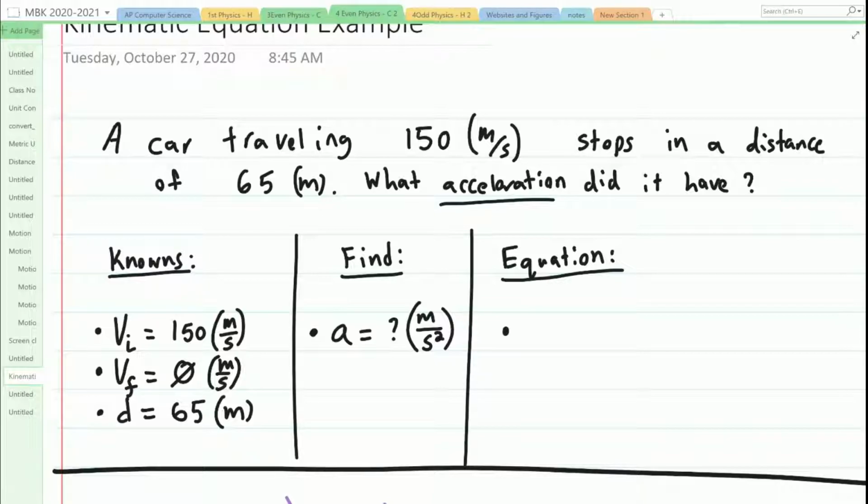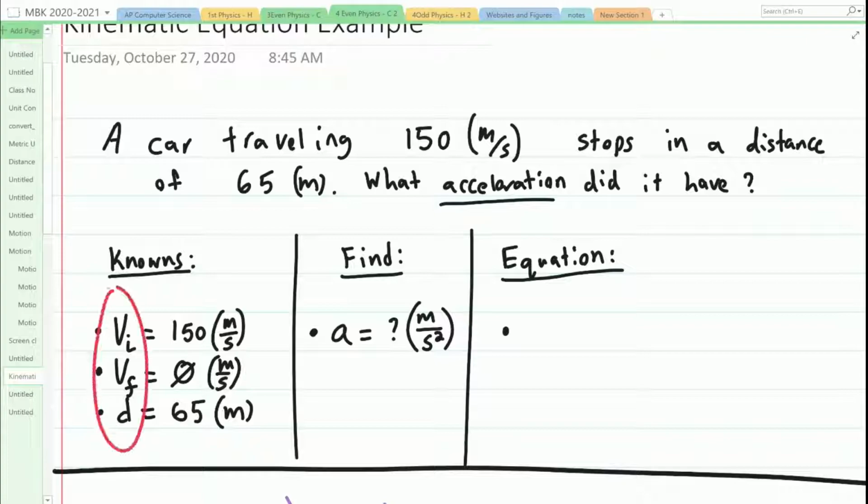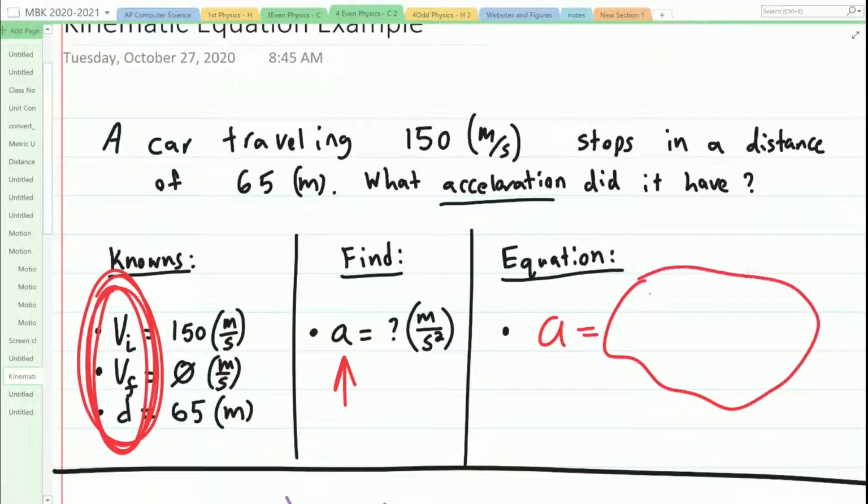Now, before I switch back, I want you guys to take note of which variables have to be on the right side. Okay? So, on the other side of my equation, I can only have variables that are in my knowns. So, I have to have a on the left side. So, I need to have a over here equals something that's over here that only has v sub I, v sub f,